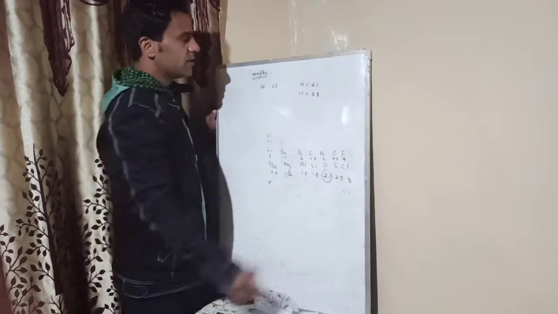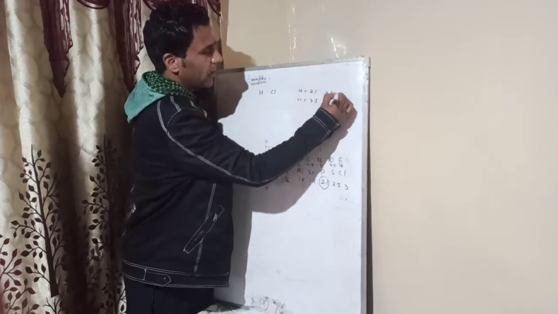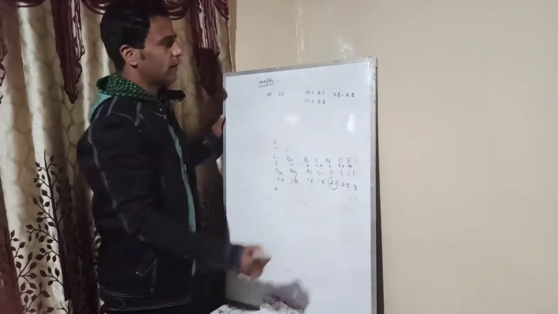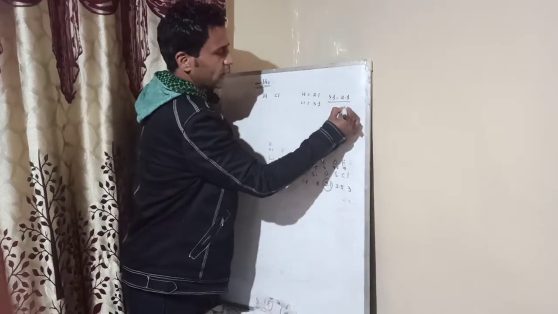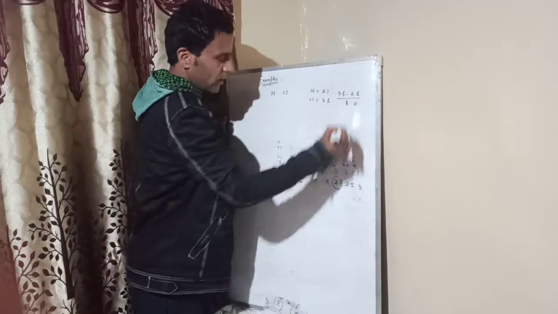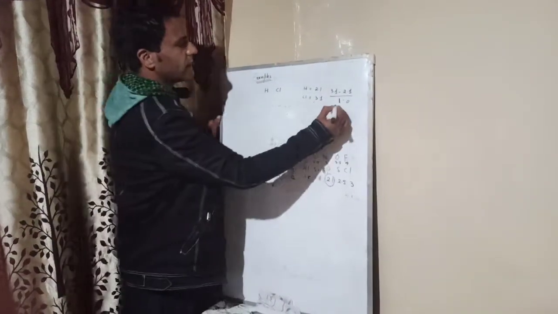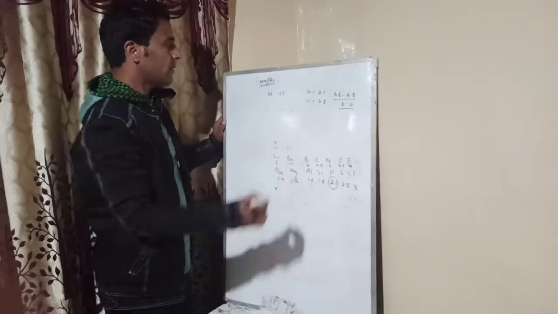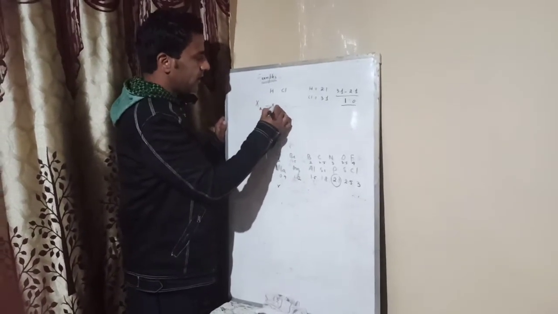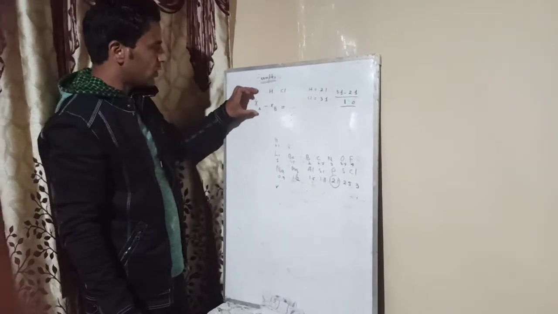Now what is the difference between the electronegativities? That is 3.1 minus 2.1. 1 minus 1 is 0, and 3 minus 2 is equal to 1. So the electronegativity difference is 1. In the previous lecture, we discussed that XA minus XB, if the electronegativity difference between the